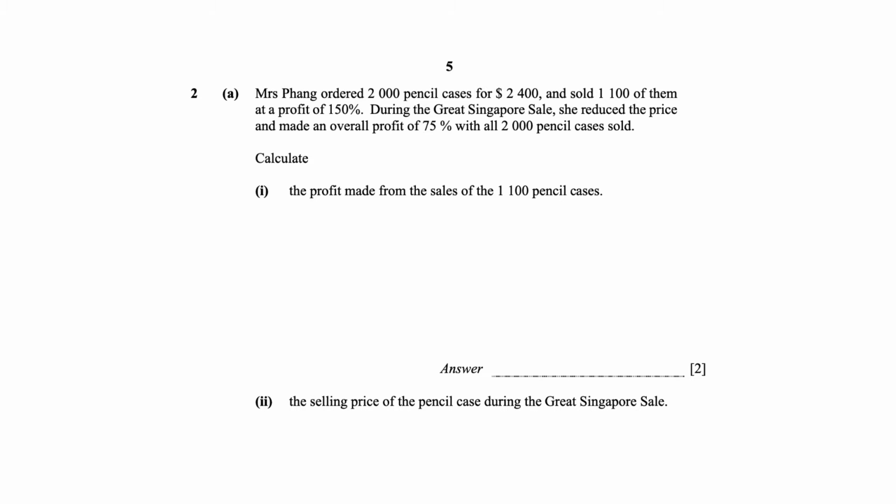Hi, let's look at this question. Mrs. Pang ordered 2,000 pencil cases for $2,400. She sold 1,100 of them at a profit of 150%. And then during the Great Singapore Sale, she reduced the price and made an overall profit of 75% with 2,000 pencil